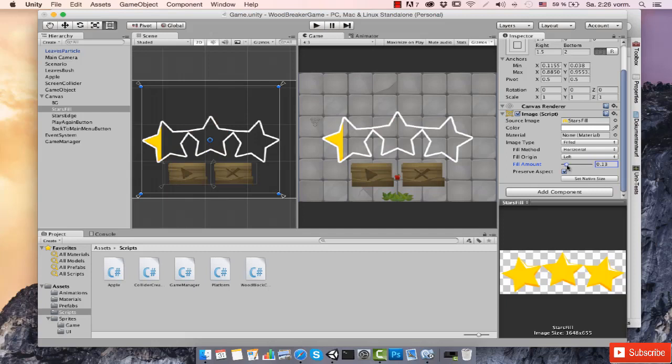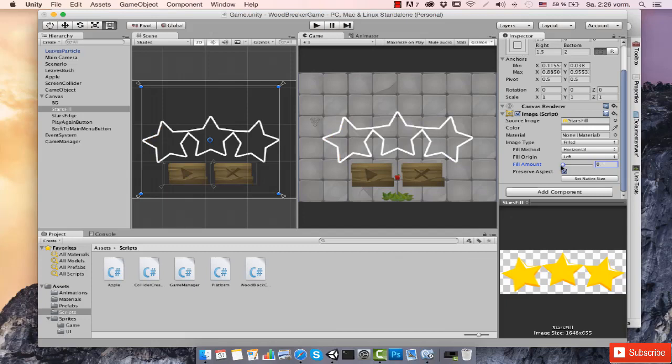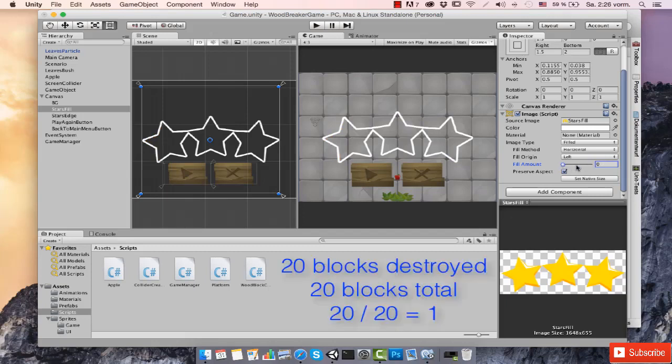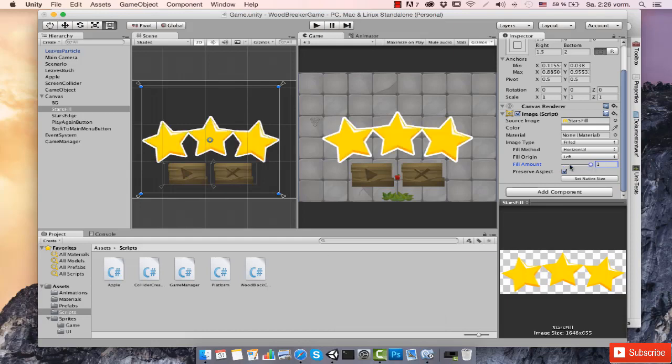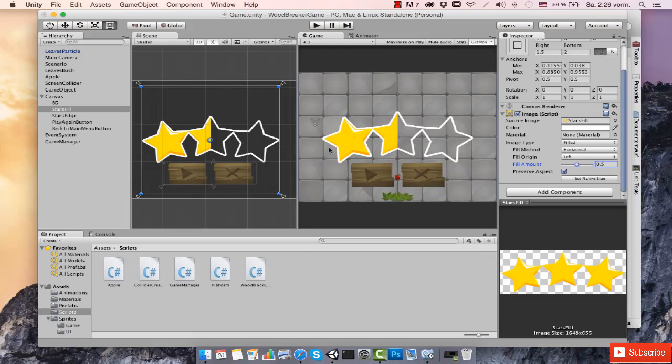Because let's say when the number of blocks I destroyed is 0 and the total number of blocks is 20, 0 by 20 is 0. When the number of blocks I get is 20 and the total is 20, the fill amount is going to be 20 by 20, 1. And when the number of blocks I get is 10 and the total is 20, 10 by 20 is 0.5. So you know what I'm saying here? This is basically an interpolation that's going to be based on the number of blocks I destroyed and the total